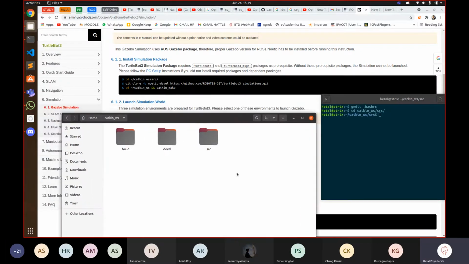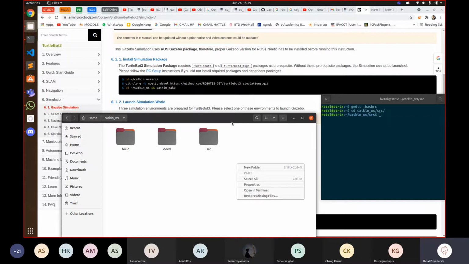You should make note of 6.1.1 because it's a very common thing. For example, in the future you'll be working with more complex robots which people have developed. This is the standard way of getting them: you go to the GitHub repo, you clone that repo, and then make that package. You should know how to do it. You choose your workspace, you go to the src folder, in that you clone, and then you come out of your src directory to one level above, and then you run catkin make.